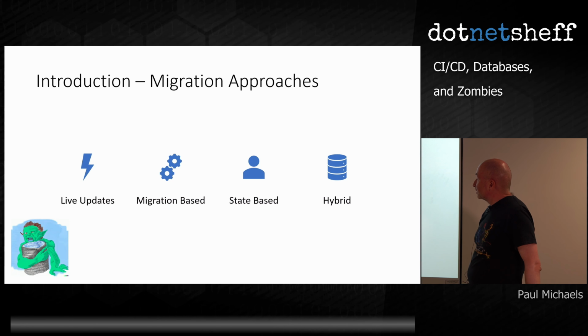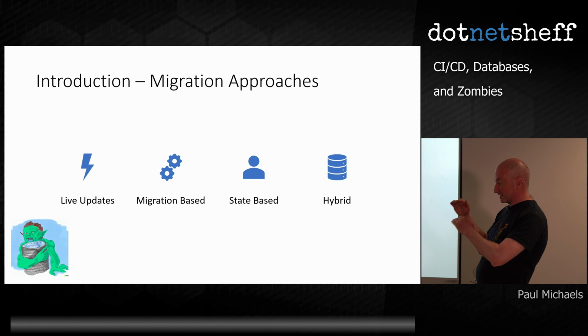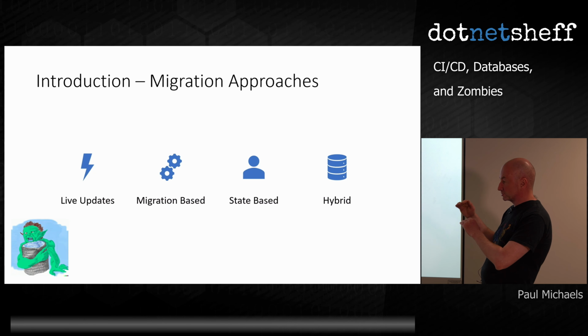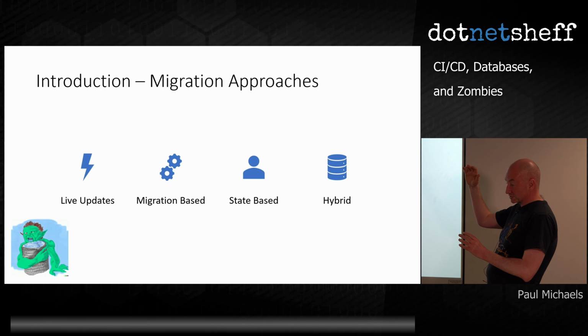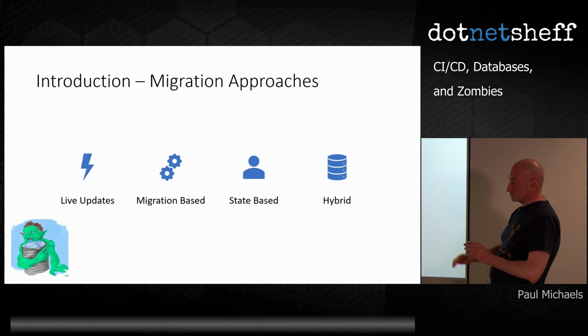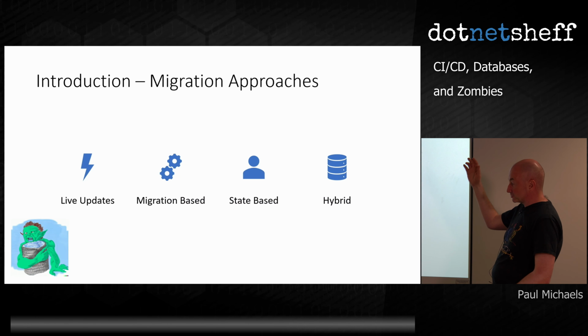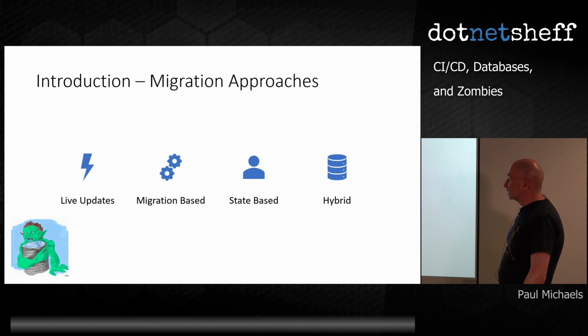Okay. So basically, with migration-based, you maintain a list of scripts that you want to run on the target database. And you can do that however you want. It can be one. I used to work at a place where there was a DBA and she just kept a huge list of everything that's ever happened to that database since day one. Every single statement on it was idempotent, so it could be run again and again. But she had to maintain that list, and it was just one script. It was thousands and thousands of lines long. It was absolutely unmaintainable, and only one person understood it. So you can do that.